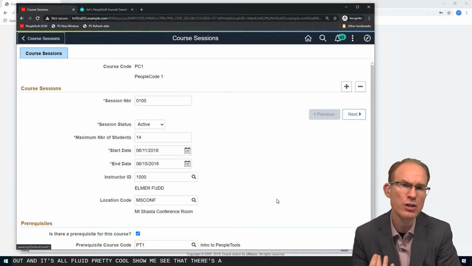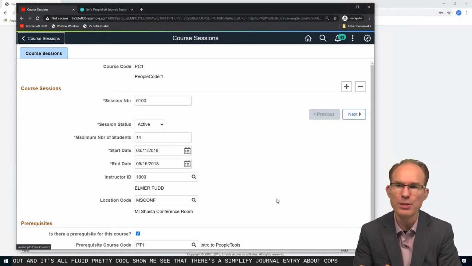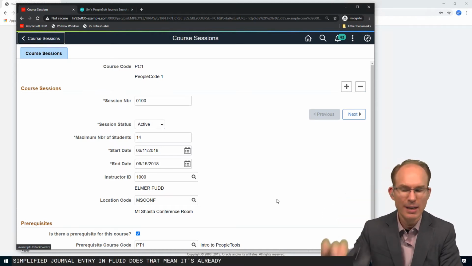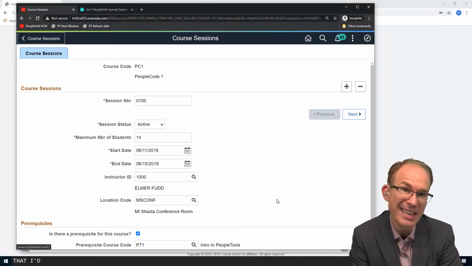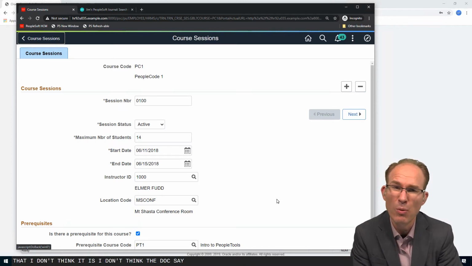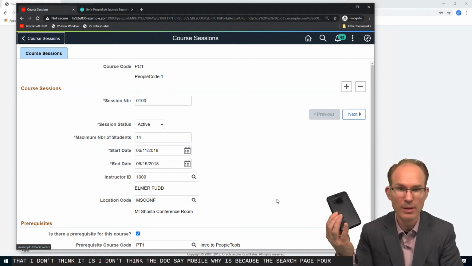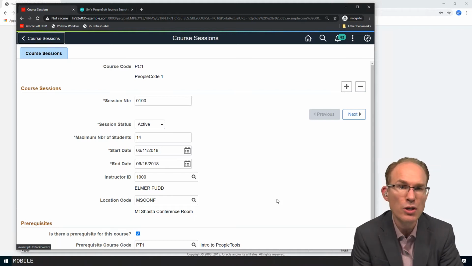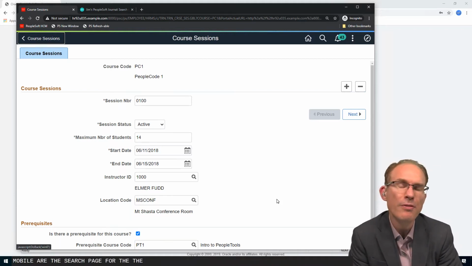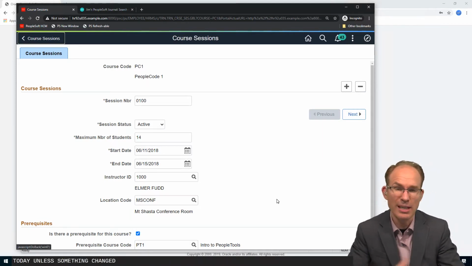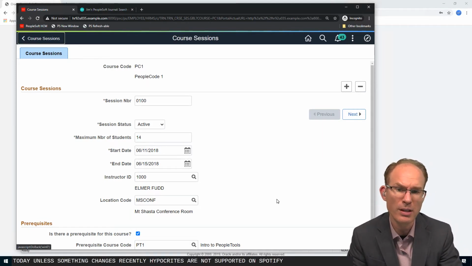So we see that there's a simplified journal entry. Oh, simplified journal entry in Fluid. Does that mean it's mobile ready? Take a look at the docs on that. I don't think it is. I don't think the docs say mobile. Why is that? Because the search page for the simplified journal entry uses pivot grids. And pivot grids today, unless something changed recently, are not supported on small form factor devices,